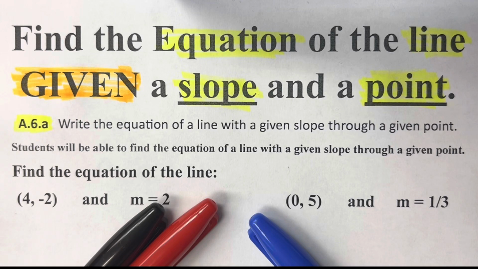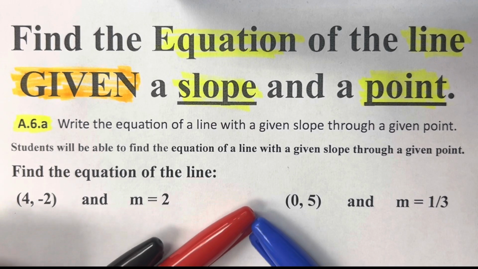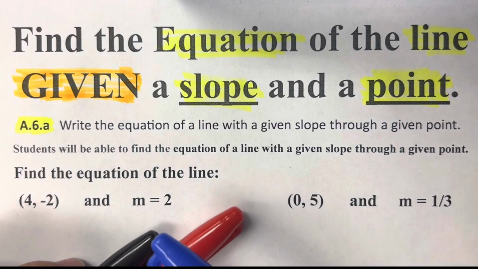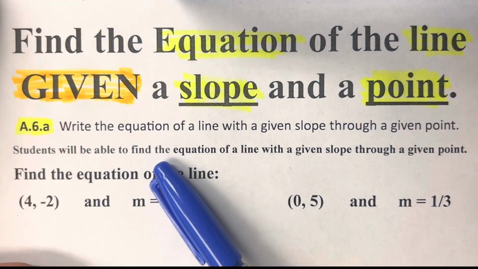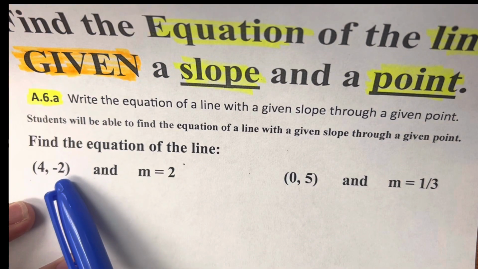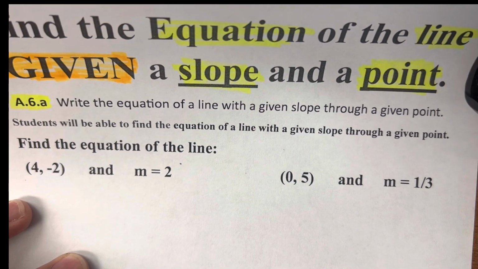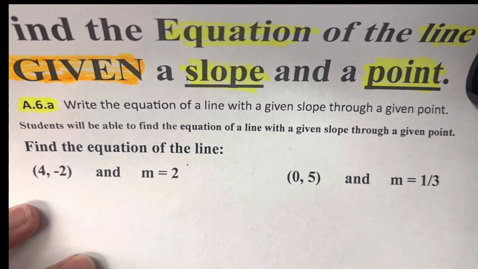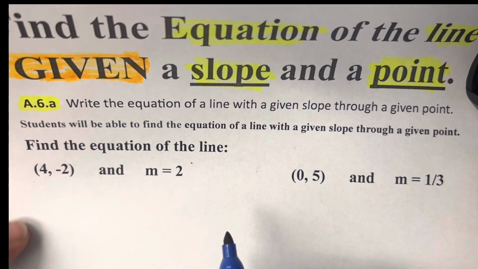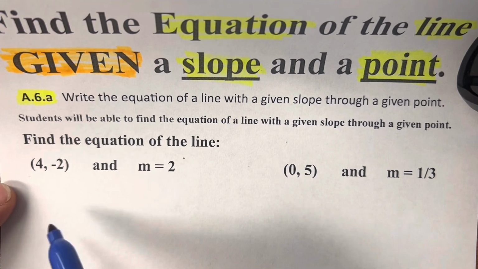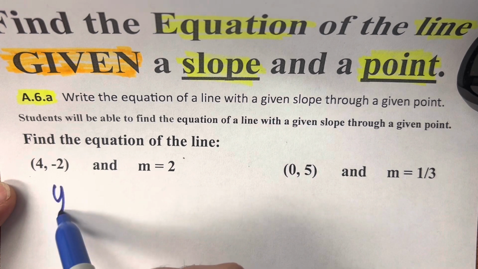Okay, we're gonna do a video about the equation of the line. So that's the standard A6A from GED Florida. The point is (4, -2) and the slope equals 2. So we're gonna find the equation of the line with that information. The equation of the line in slope intercept form is y equal